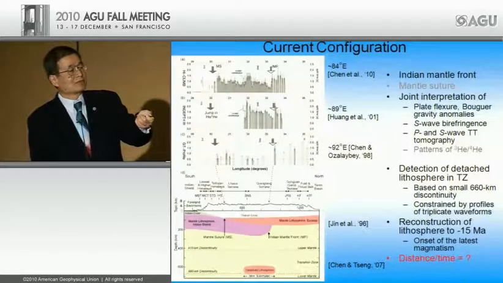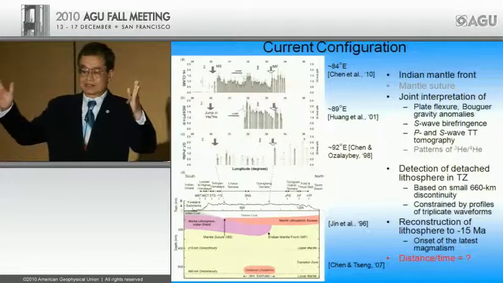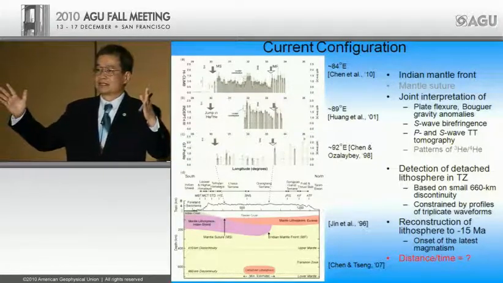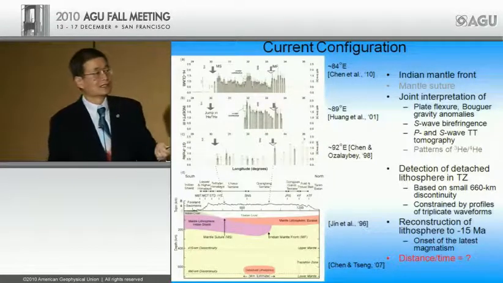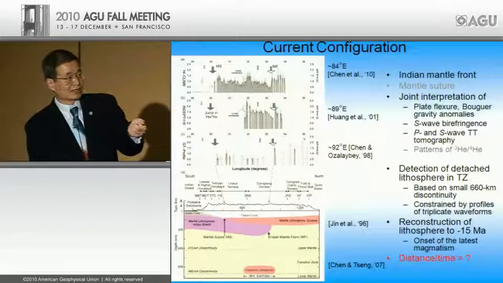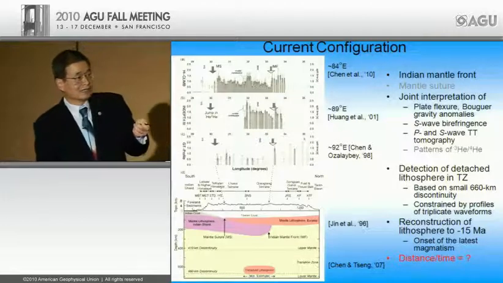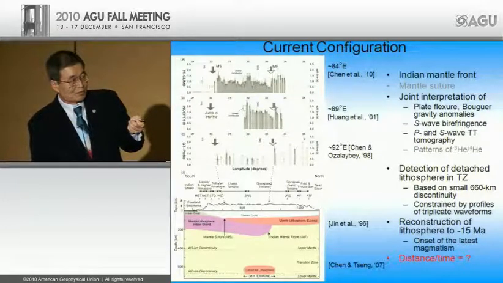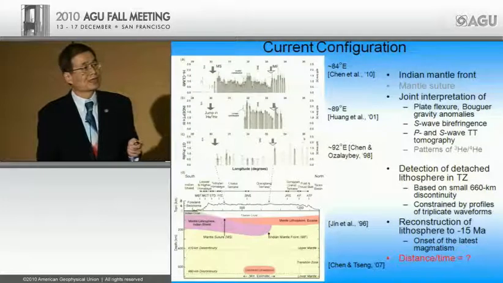We'll talk more about this detached slab a little bit later, but I already showed you the evidence at the very beginning of the talk over this 1,000-kilometer wide broadband seismic profile where the 660 is very small. That's basically the evidence for it. What I do want to say is that the amount of this anomaly, the spatial extent of this anomaly, is actually much bigger than what we've shown here. We are limited by the availability of data. So this is a minimum estimate over here.